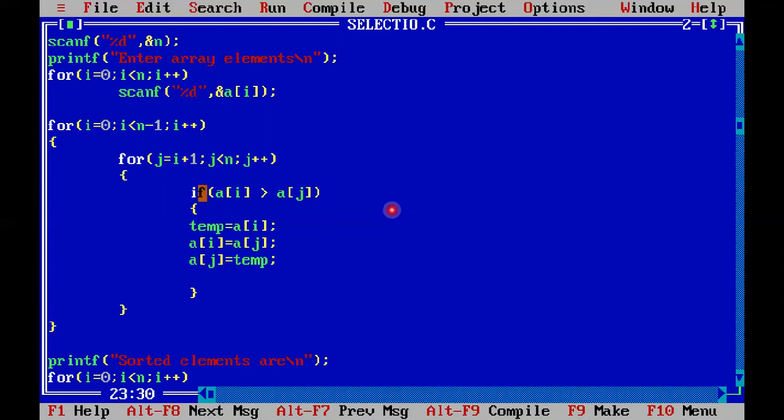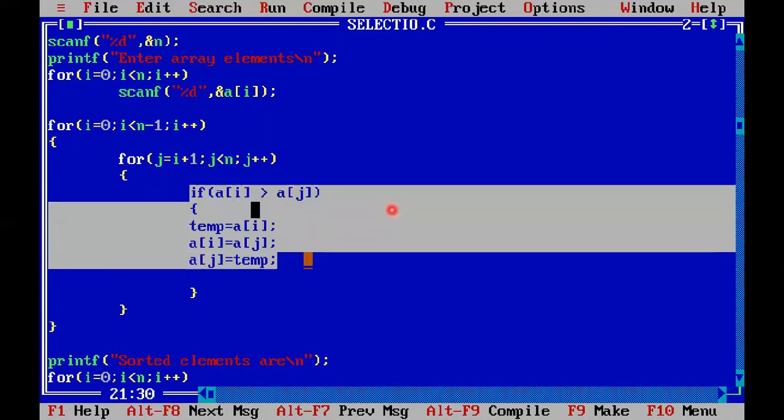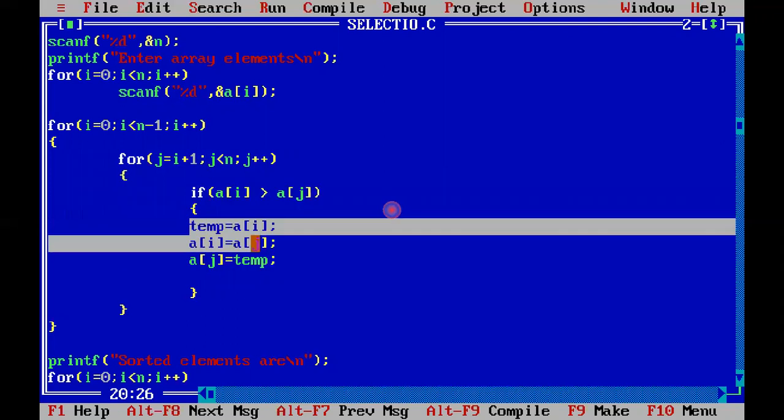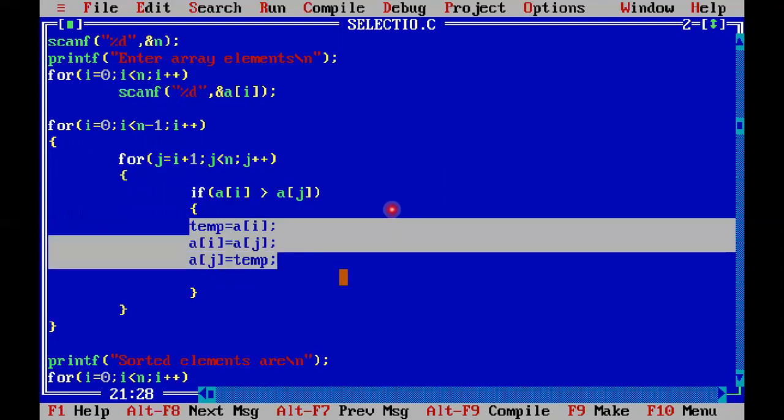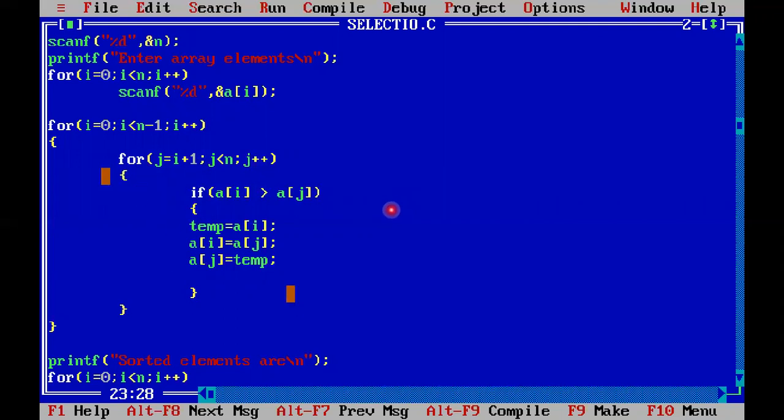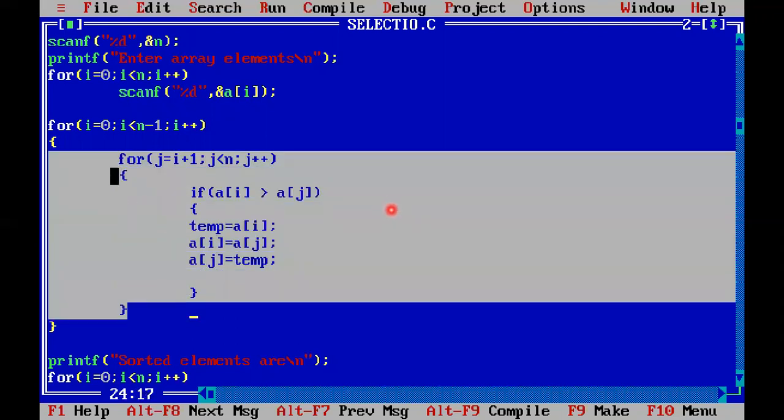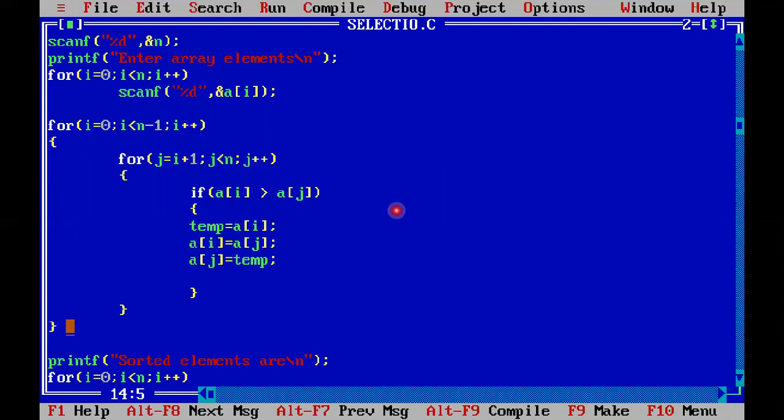Okay. Now comparison is made between a of i and a of j. If a of i and a of j are not in order, then swap these two values using the swapping steps. Now the inner for loop is completed, and after that the outer for loop is completed.